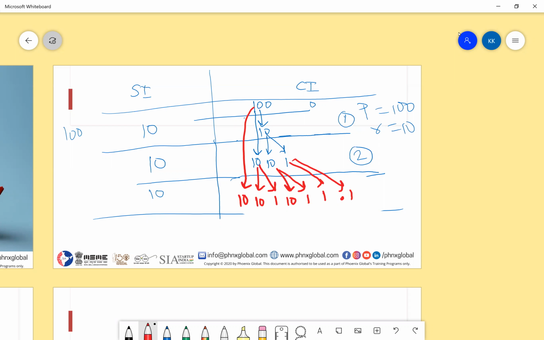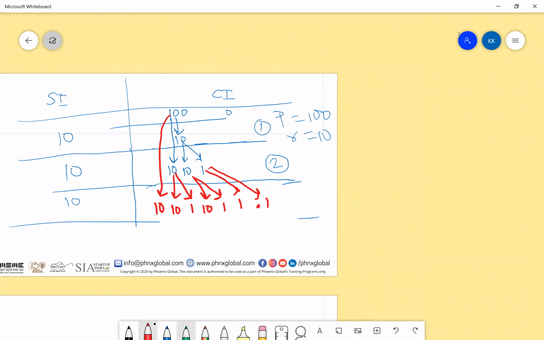Okay, so moving forward, now since this concept is clear, remember this part. Here the total amount was 110. Here it was 121. Here it was 133.1, and so on. I would like you to remember it till the third year, fourth year, and fifth year. Use your calculator, and this would be a homework for you guys.